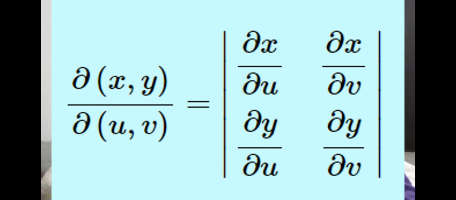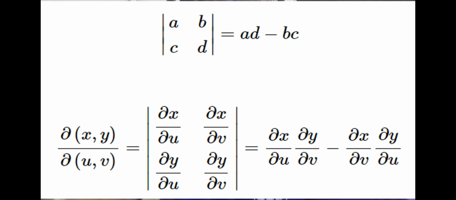The determinant of a matrix of the form A in the top left corner, B in the top right corner, C in the bottom left corner, and D in the bottom right corner is A times D minus B times C always, as long as the matrix has this number of entries in this exact order. So now we can use this fact to simplify the Jacobian as change of x over change of u times change of y over change of v minus change of x over change of v times change of y over